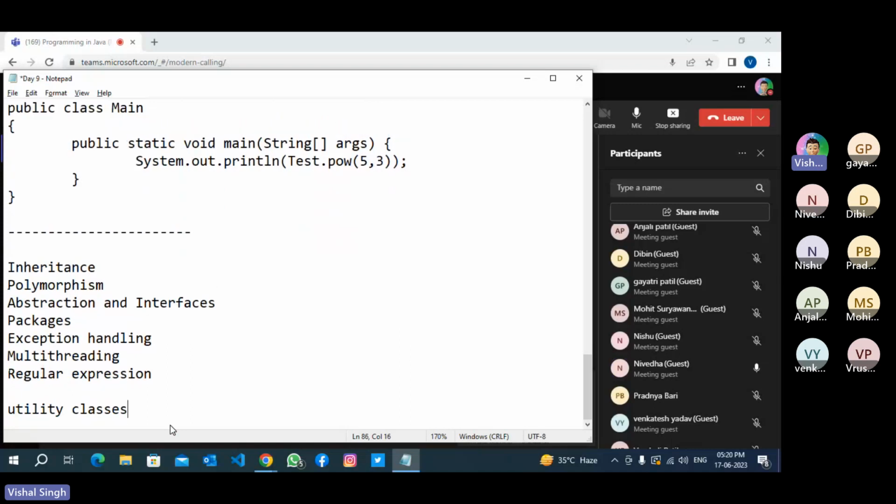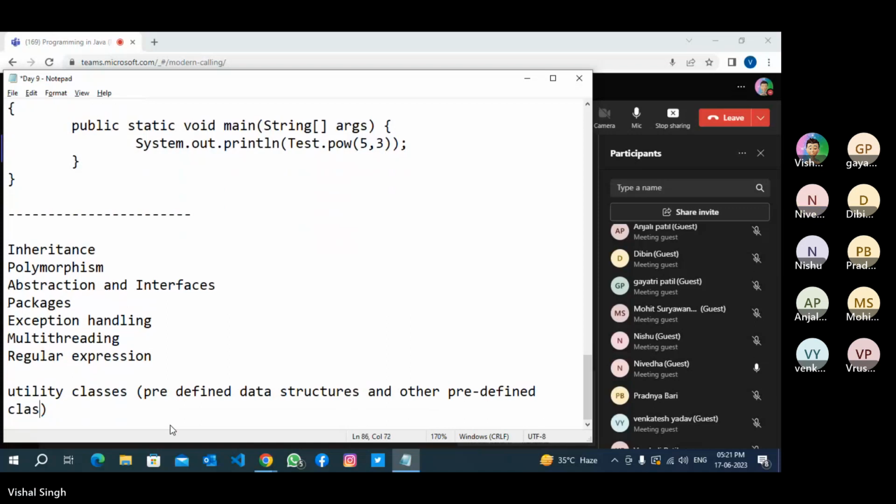Then we will do utility classes. What are utility classes? Predefined data structures, and there are so many other classes. We will complete each individual topic in one day. Like one day we can complete inheritance, one class, two class, three class, up to eight classes. In eight classes, we can almost complete